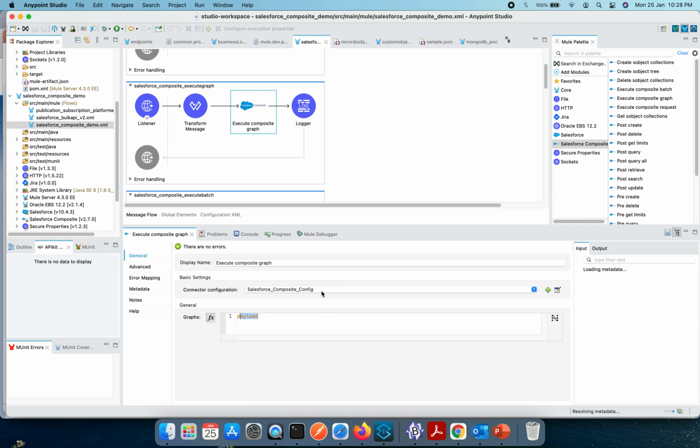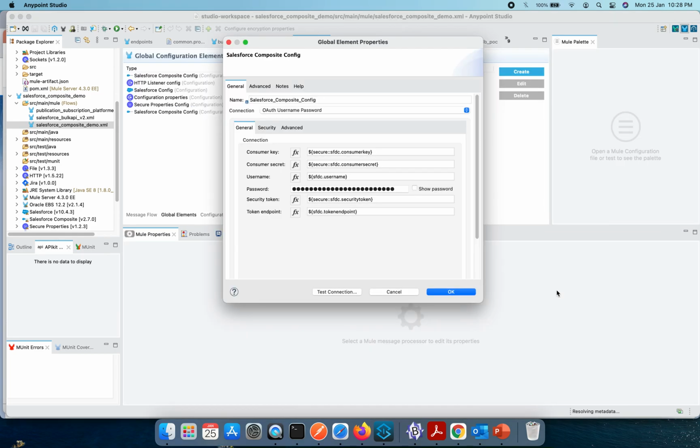And the Salesforce Composite config which I am referring to is the same one we discussed in the previous videos as well. Again, it is going to use the OAuth username password combination. So I would highly recommend having a look at my previous videos, like how we can connect and how we can create a connected app on the Salesforce backend. All these components are populated from the connected app video only, and you can refer to any of the previous videos to understand more in depth.